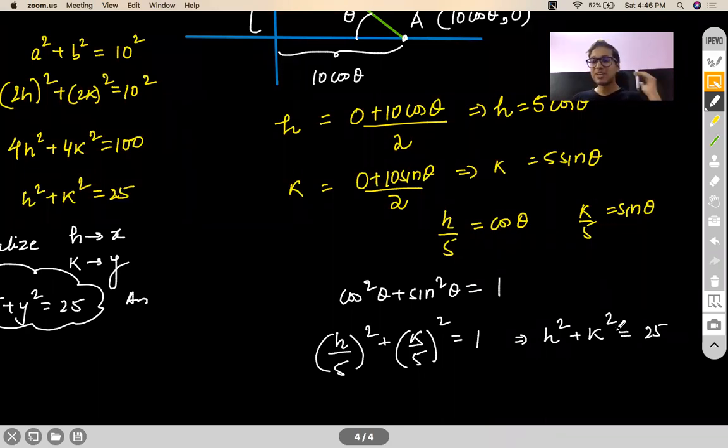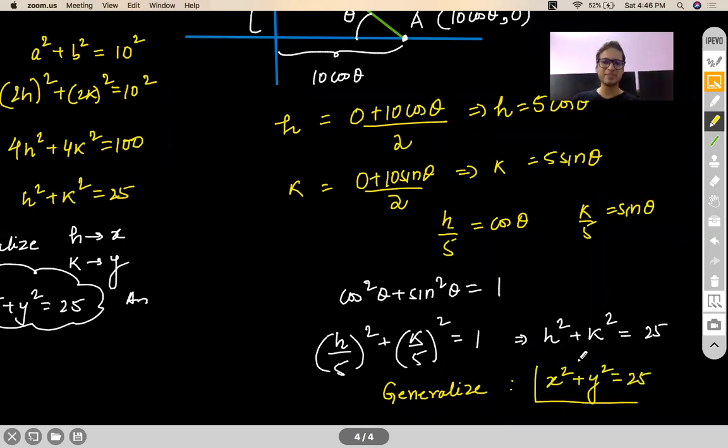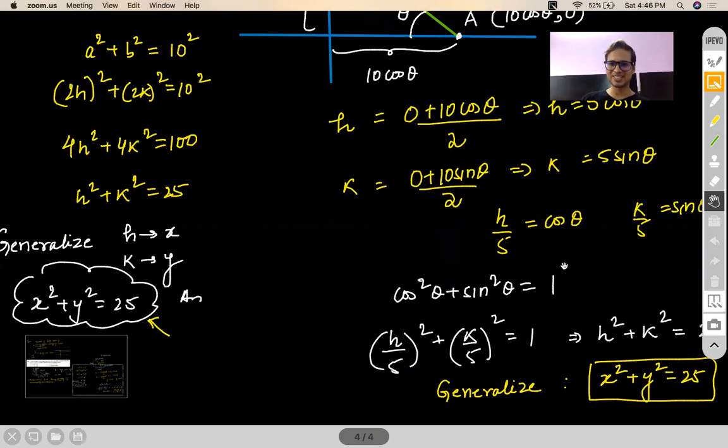So I have struck a relationship between h and k, and there is no theta involved here, right? Keep asking yourself, have I got a relationship between h and k? Yes. Is any theta involved here? No. Then my job is done. Almost 99.99% done. Only a little work remains, which is to generalize this by replacing h with x and k with y, and that's the same answer that we had got over here. Check it out. Same answer. Another way to solve it. Are you getting my point? As we solve more questions, you will get a better idea about what approaches are taken to get a locus of a point. Any questions?